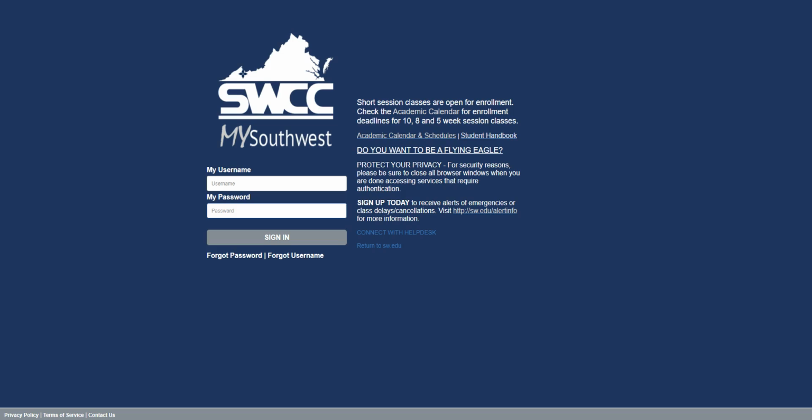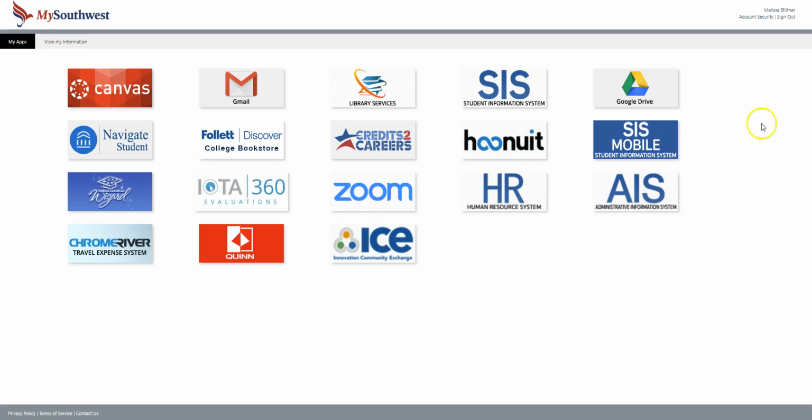For security purposes, I'm not actually going to put my username and password in here, but this is the portal where you will sign in. Once you log in, you will go to our launch page, and yours may look just a little bit different than mine, but the main thing I would like for you to focus on is this Canvas tile. So you'll select it